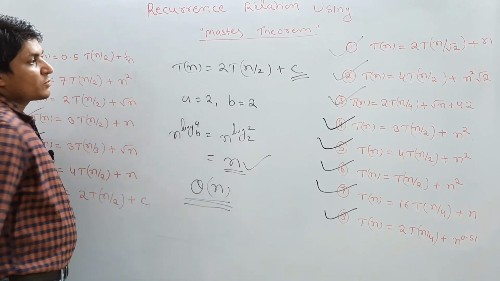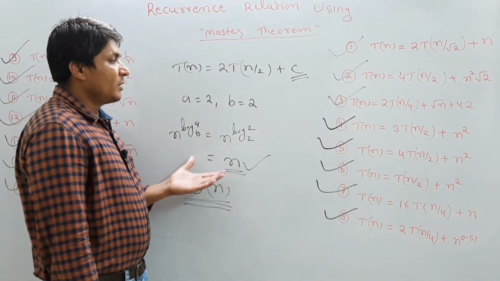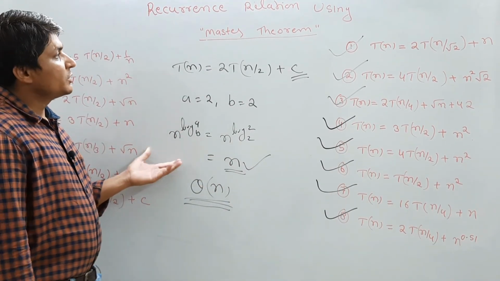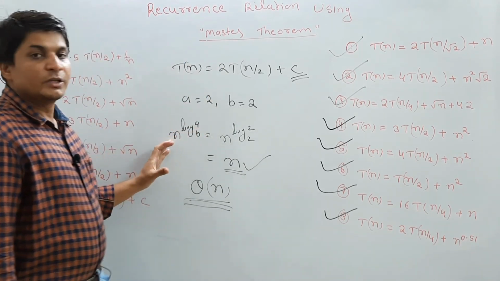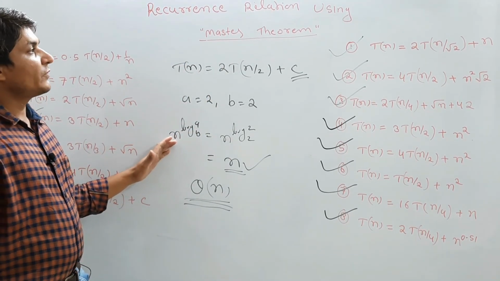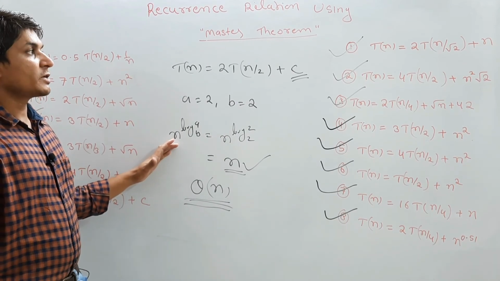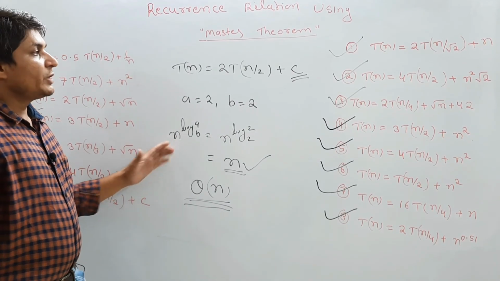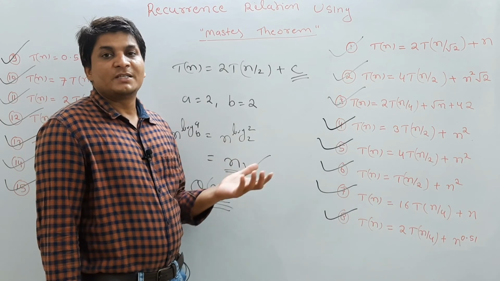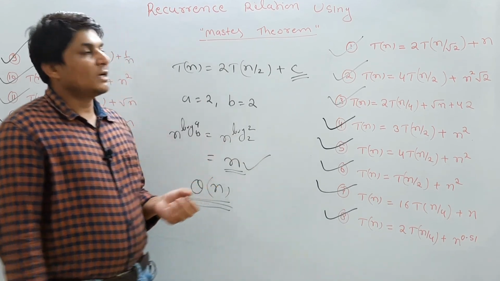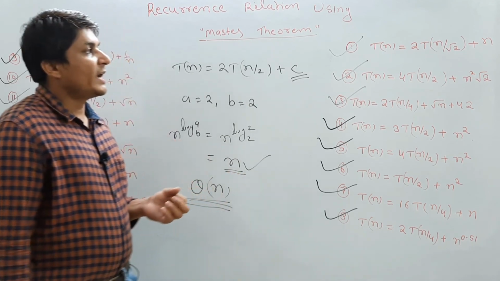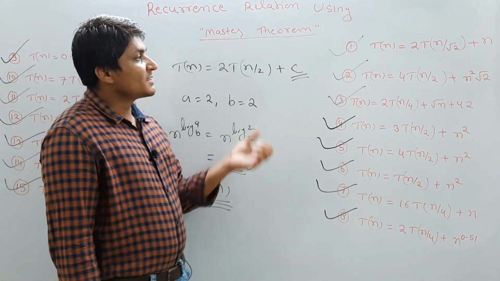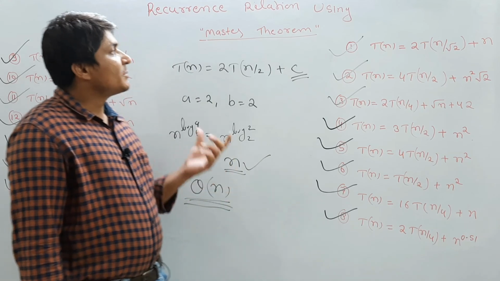So see, we have solved approximately 15 questions in 15 minutes. So this is the advantage of master theorem. If you know master theorem, you can easily find out the time complexity of any given recurrence relation. But you should know where you can apply master theorem and where you can apply substitution method. And one more method I will discuss in the coming videos, which is recursion tree method. In some cases it is also helpful. So this is about master theorem.